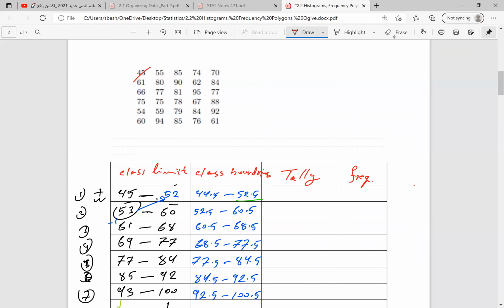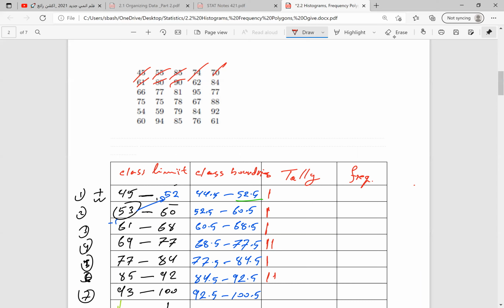45 is in the first class, between 44.5 up to 52. So this is one bar for that one. 55 is in the second one. 85 is between 84.5 to 92. Next one, 74 will be between 68 to 77. 70, also 68 to 77. 61 will be 60.5 to 68. 80, that will be this class. 90,